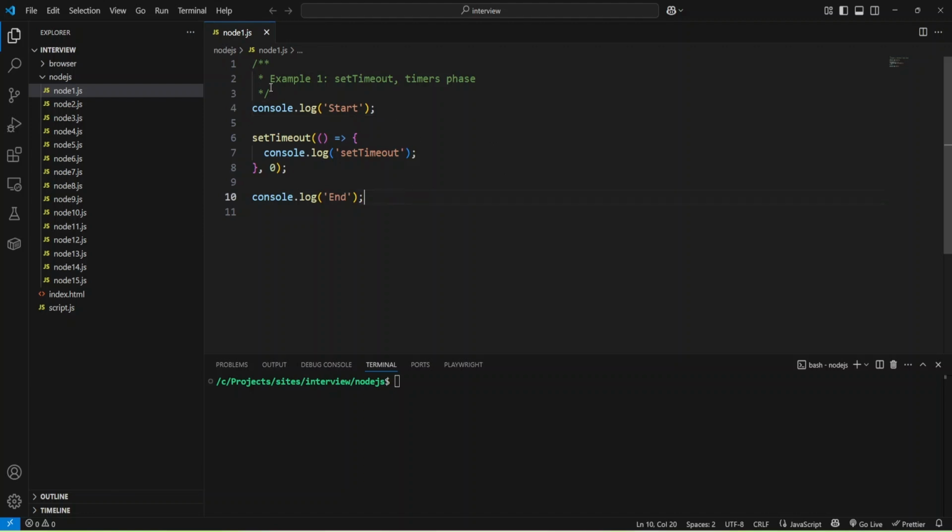Okay, we have the first example, and as you can see, we have just a console log and then the function setTimeout, and we provide some callback, and it should be executed immediately without any timeout. And at the end, we have console log end. Can you guess the output of this code? Let me run this script with